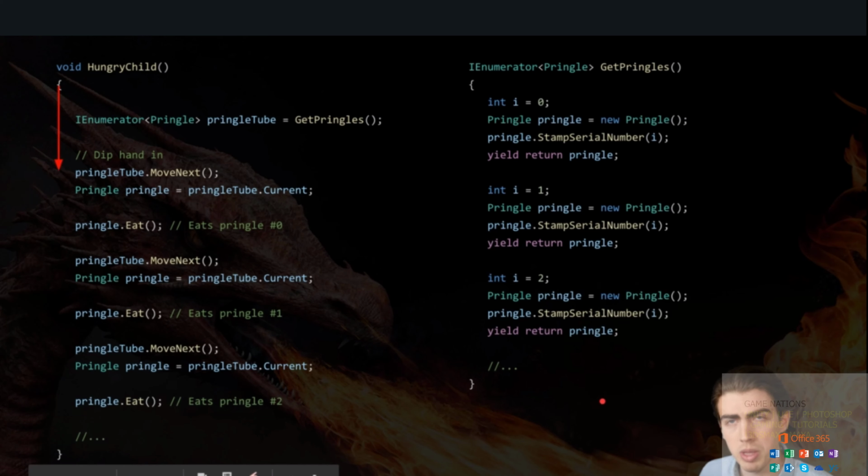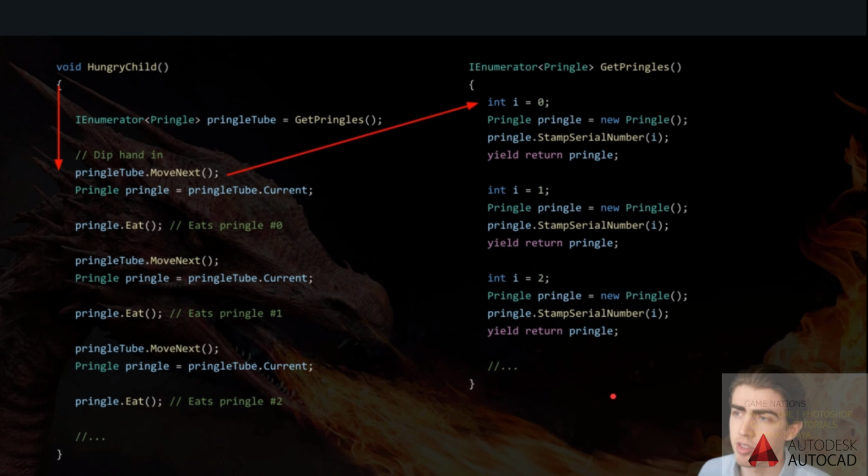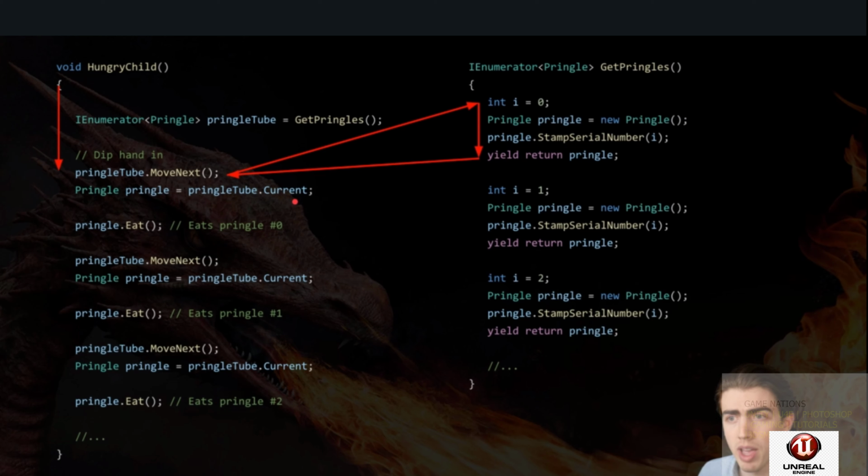So first of all, we execute to the move next, and nothing has happened inside get Pringles. Then we call move next, so it goes to get Pringles. Notice it didn't do it when we called get Pringles initially. It's doing it now when we called move next. It executes down to the first yield return and then returns execution flow back to the hungry child function, where we proceed to get the current Pringle and eat it and go to the next move next,